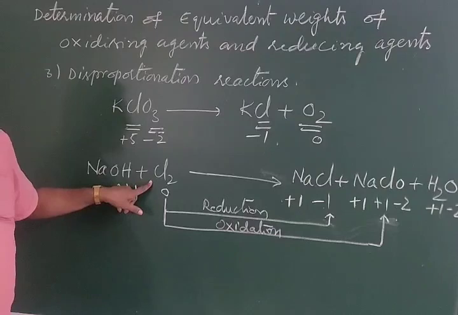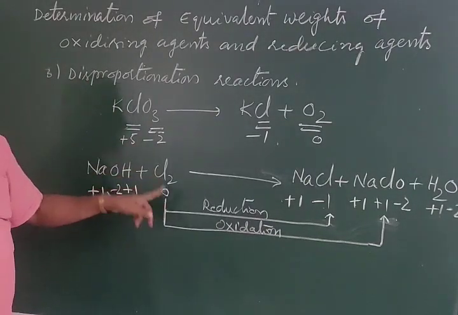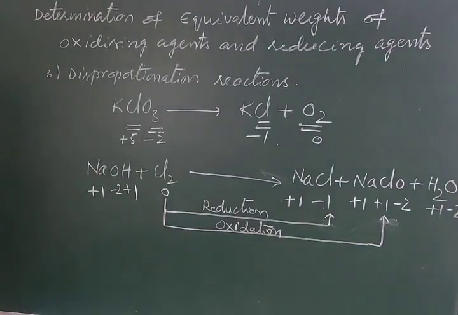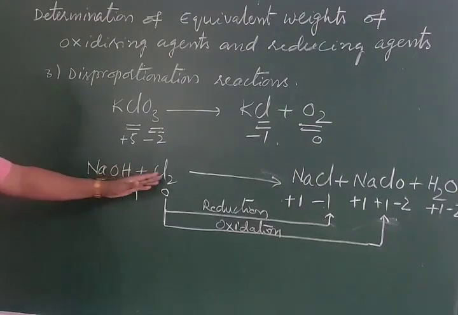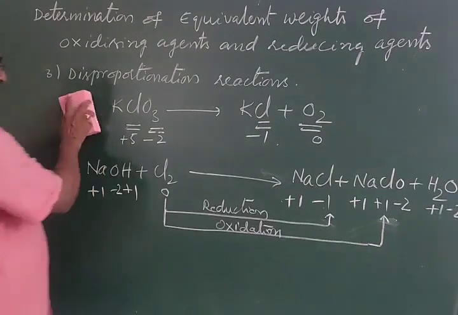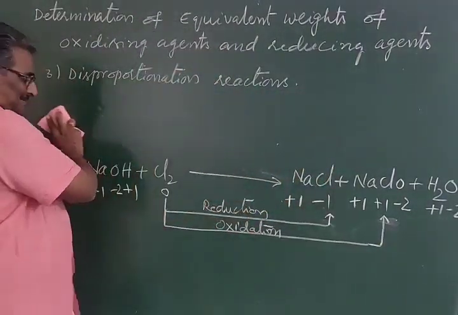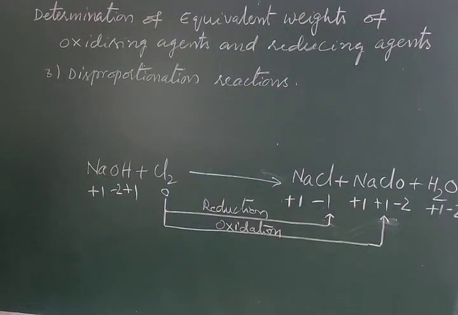That means a certain part of the chlorine taken is undergoing oxidation and a certain part is undergoing reduction. The parts of the element that undergo oxidation and reduction may be the same fraction or different fractions. So for this kind of disproportionation reaction, we calculate the N factor by a simple method. That method is,